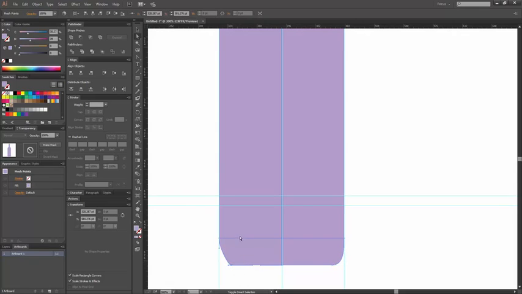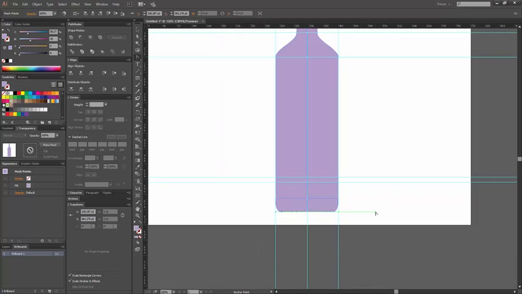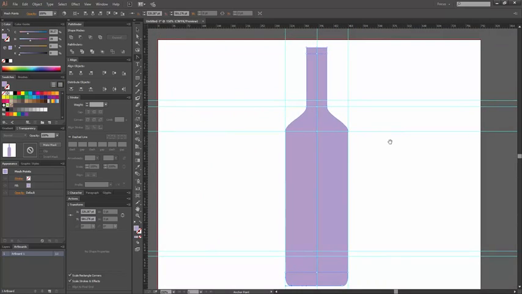So let's select that, pull it out till it snaps, and now we have the shape of the wine bottle that we wanted. Now,